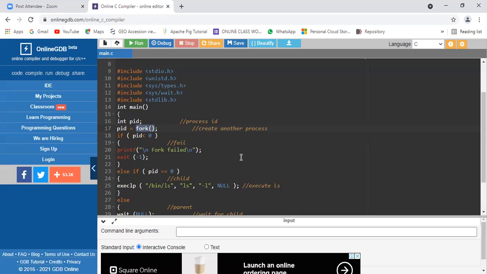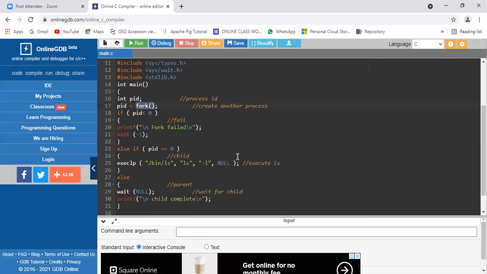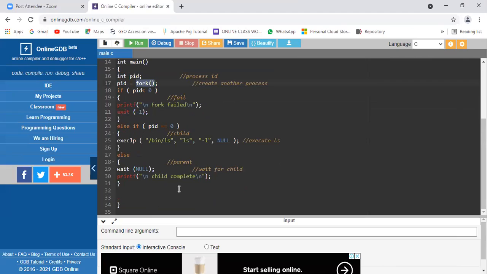Suppose if it is 0, that means a child process, it creates the child process and then it will be executed. Otherwise, if it is greater than 0, the control will be given to the parent. So what parent has to do is it has to wait until the completion of the child process. Once it was completed, then it continues its execution, right?